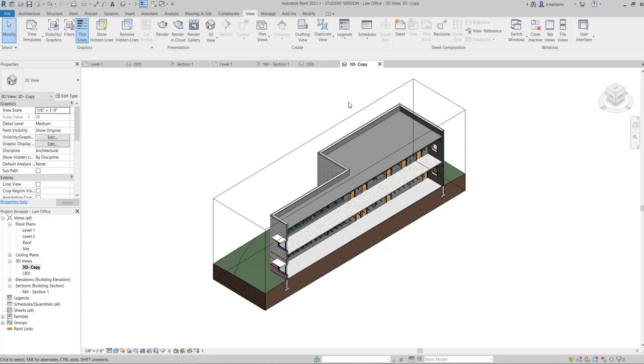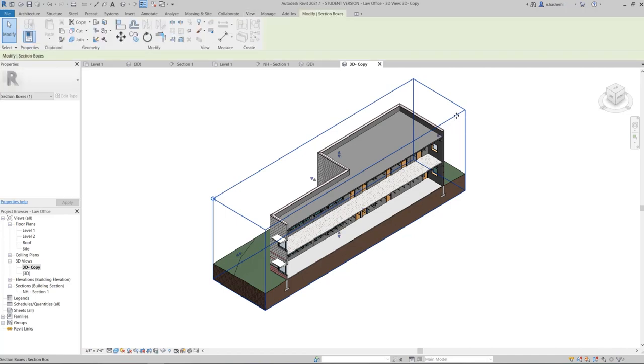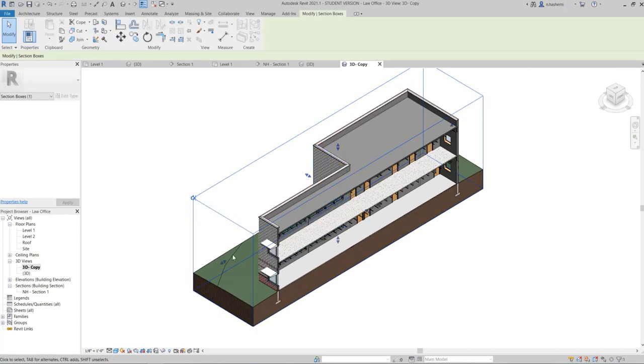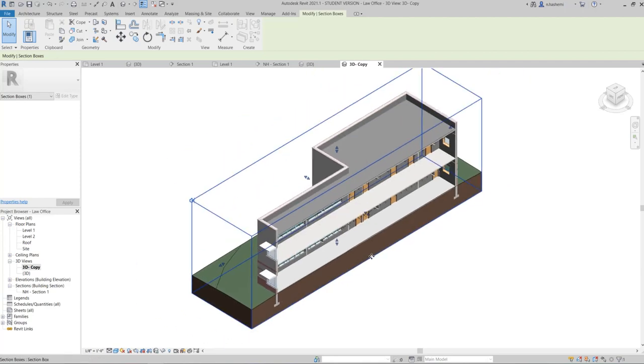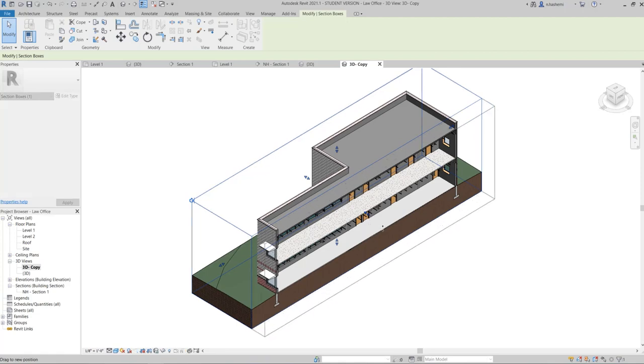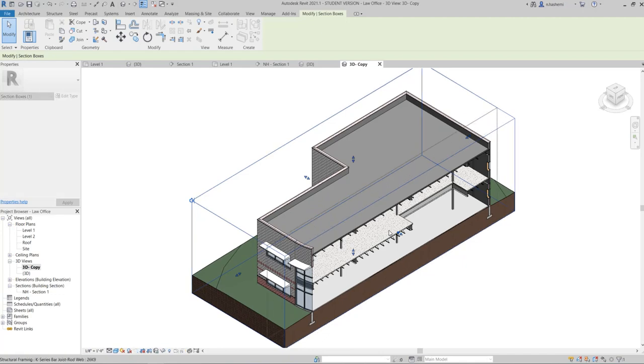Now, as you can see here, we have a box around this. As you click on it and select it, double click on it, you can see some arrows around it. So if you're going to change it, you can click on these arrows and just pull it aside, okay? So you can see the difference.